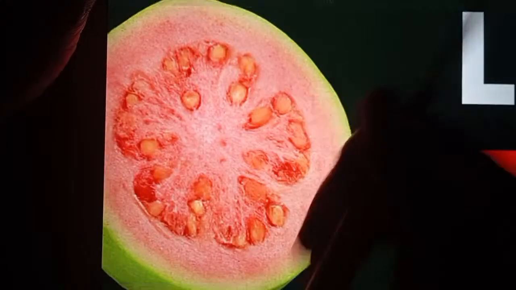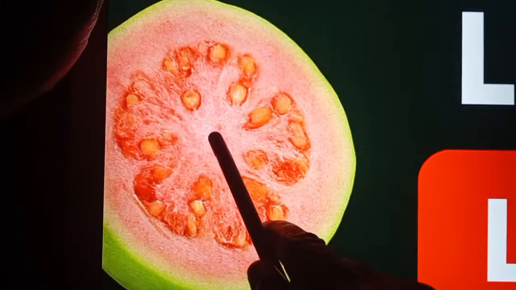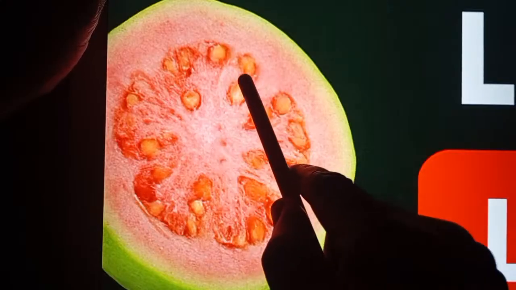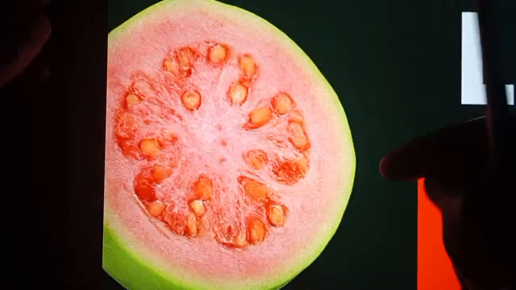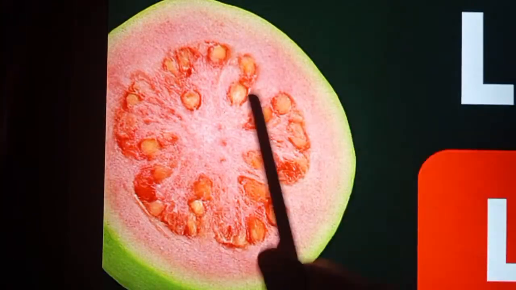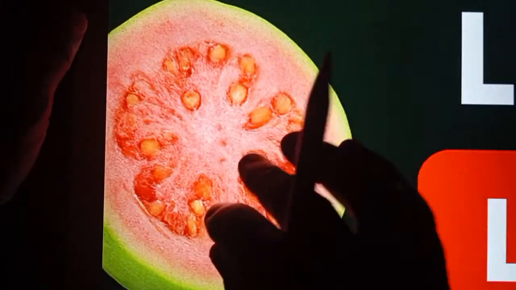Look at it. Look at the septa separating each one. This is the placenta now in the middle, while this is the septa separating each chamber. 1, 2, 3, 4, 5, and they are all formed from an ovary that is syncarpous, that is fused together. So you should be able to give the differences and the similarities between this guava fruit and the orange fruit. The differences are that